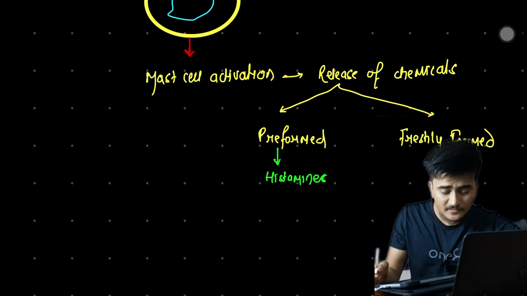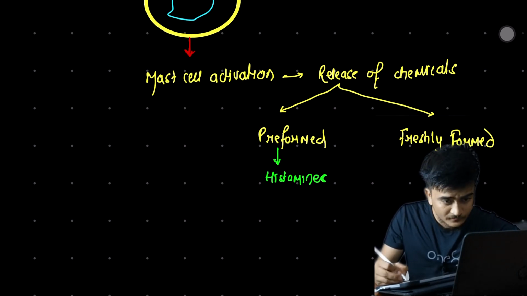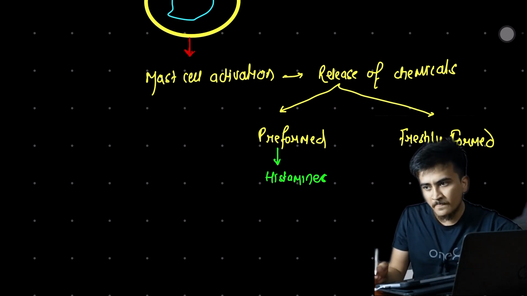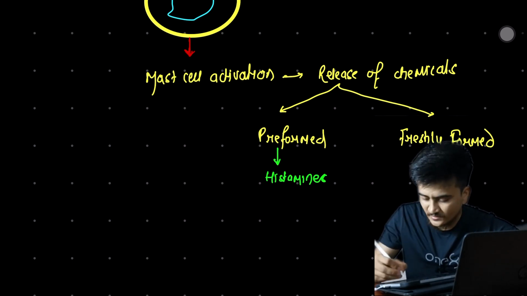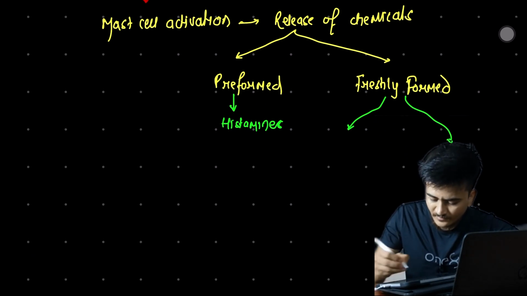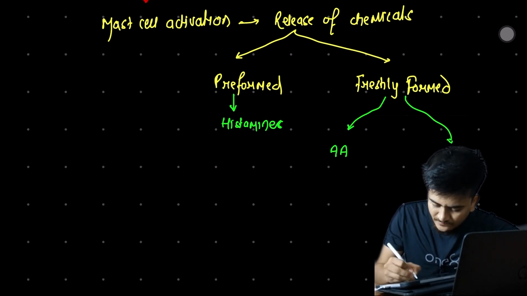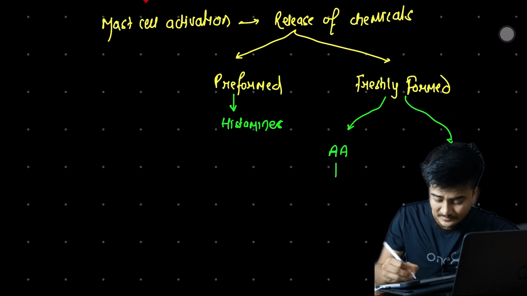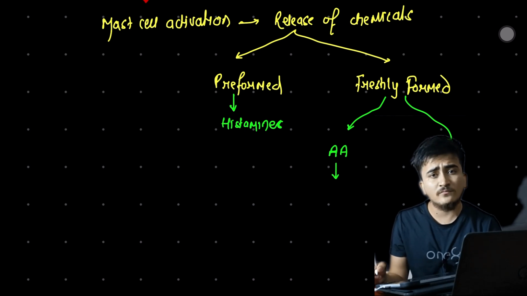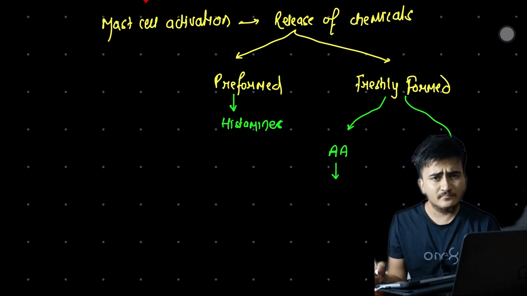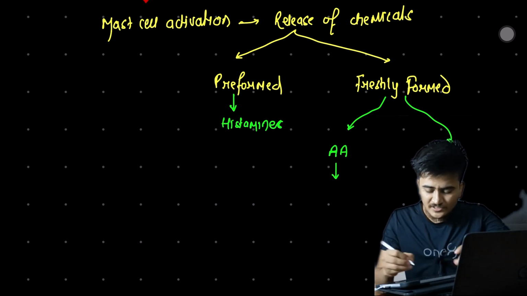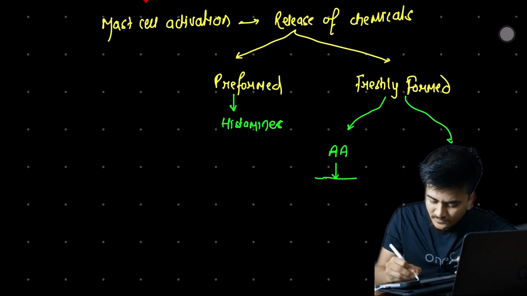And what are under the freshly formed ones? Talking about the freshly formed, they are derived from phospholipids on the cell membrane. The freshly formed are arachidonic acid, formed when phospholipase acts on the cell membrane. It will cause the formation of arachidonic acid, and this arachidonic acid will cause the formation of what? Leukotrienes,